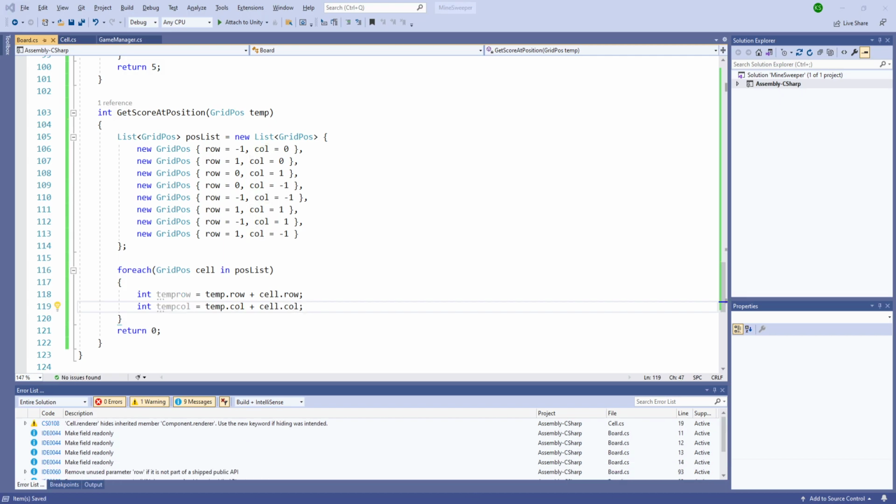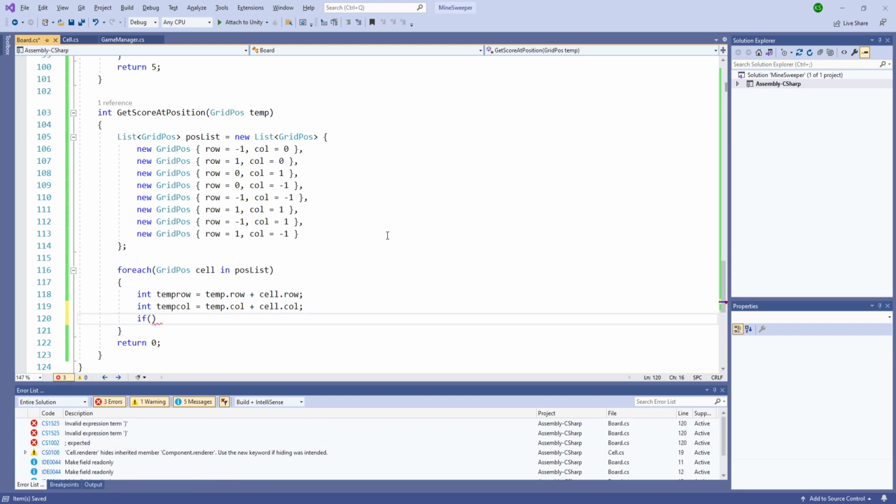So if the position is valid, so if temp row is greater than or equal to 0 and temp col is greater than or equal to 0 and temp row is less than 5 and temp col is less than 5, then